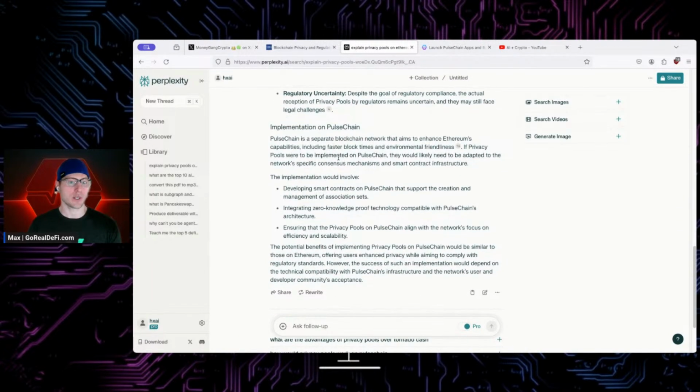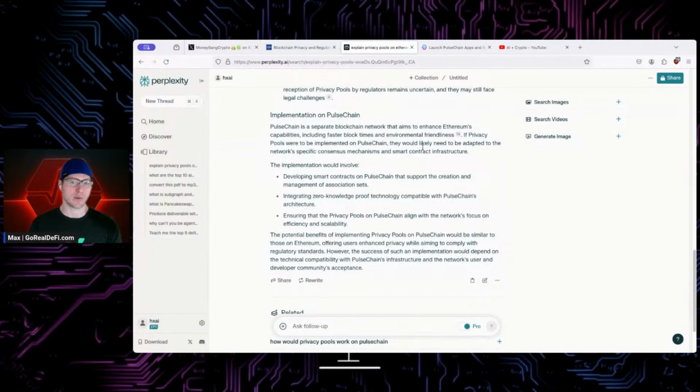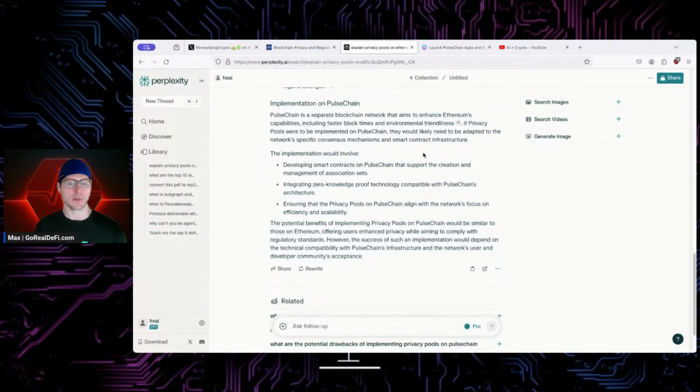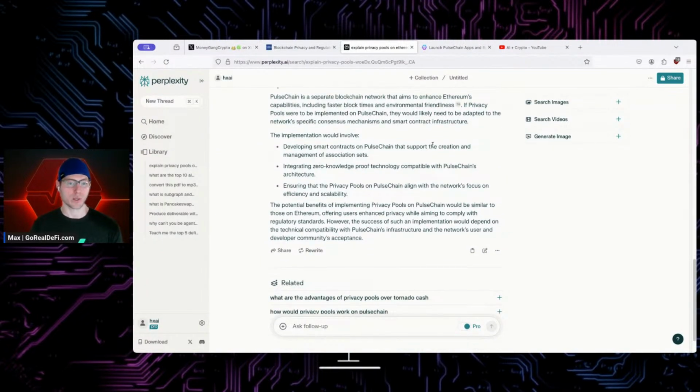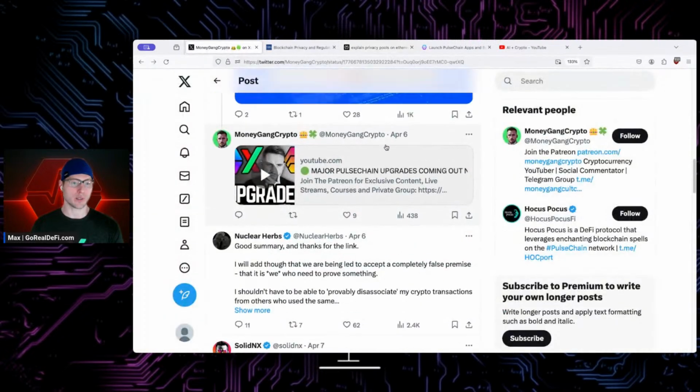So implementation on PulseChain. PulseChain is a separate blockchain network that aims to enhance Ethereum's capabilities, with faster block times. You are correct. Privacy pools for implementing on PulseChain would likely need to be adapted to the network. Okay, so just work on the network that you're going to run on. Implementation would involve developing smart contracts on PulseChain that create that. So the original tweet was